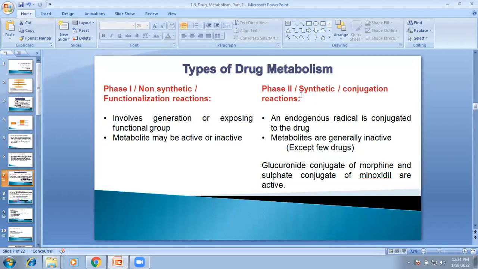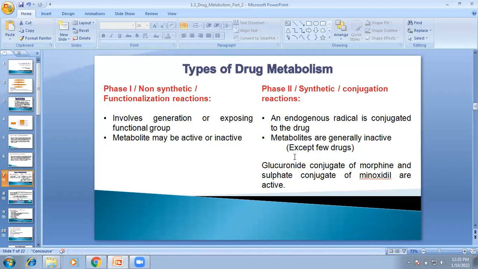But after phase 2, the metabolite, phase 2 is also known as synthetic or conjugation reaction. After this, an endogenous radical conjugated to the drug and metabolites after the phase 2 mechanisms are generally inactive in nature. See, in the case of phase 1, it may be active or inactive, but after phase 2 reactions, it is generally inactive in nature. Now, what type of conversions are going to take place in phase 2? Generally, glucuronide conjugation. An example is the glucuronide conjugate of morphine and the sulfate conjugate of minoxidil, which are active. So this is an exceptional case of